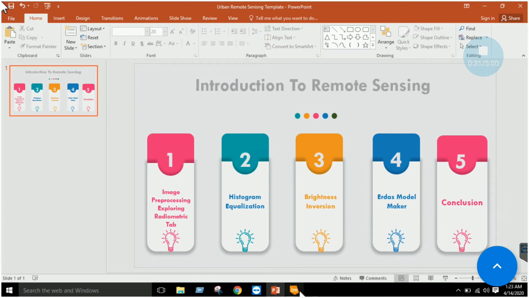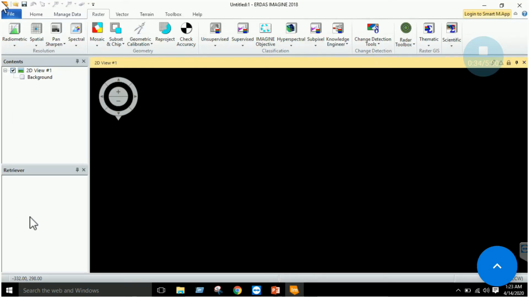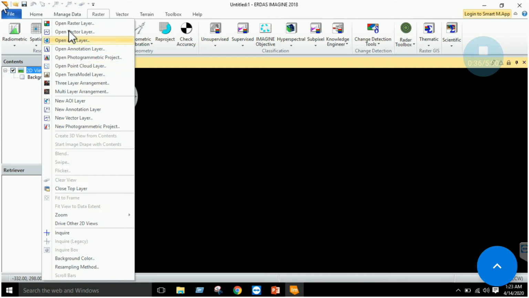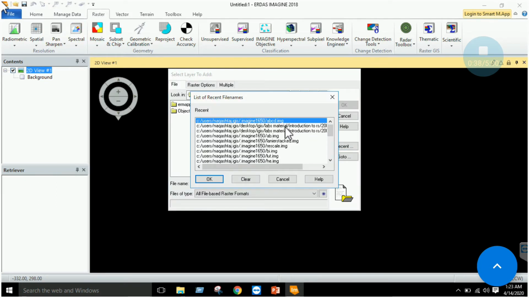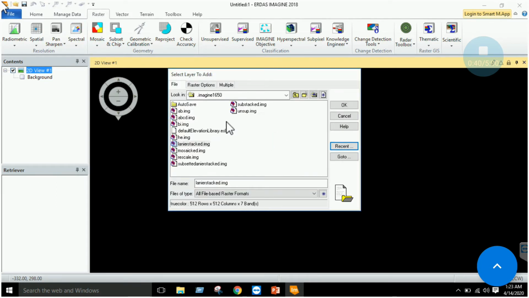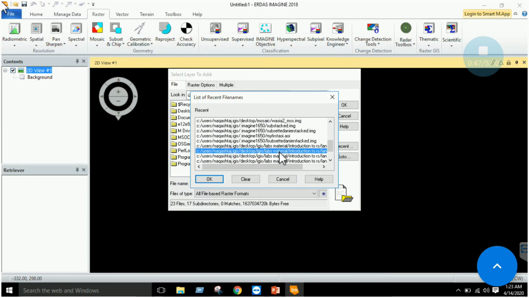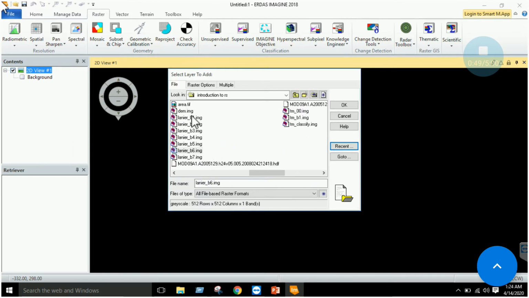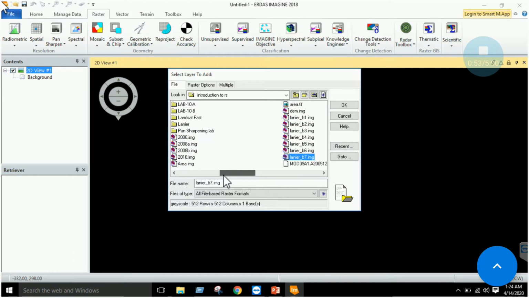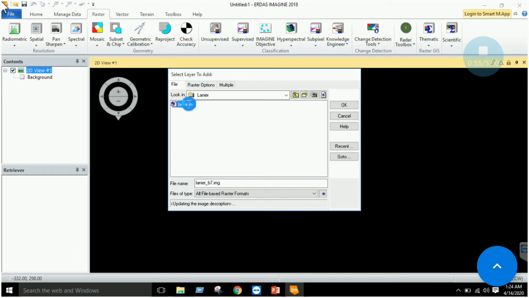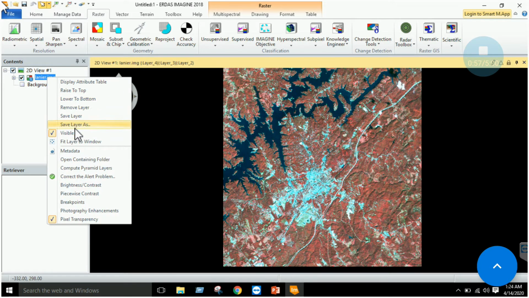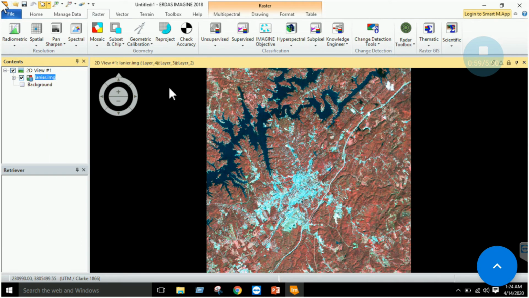Now, the first step is to open the ERDAS Imagine software and add some dataset. I will be adding the linear image. Now this image is displayed over here.